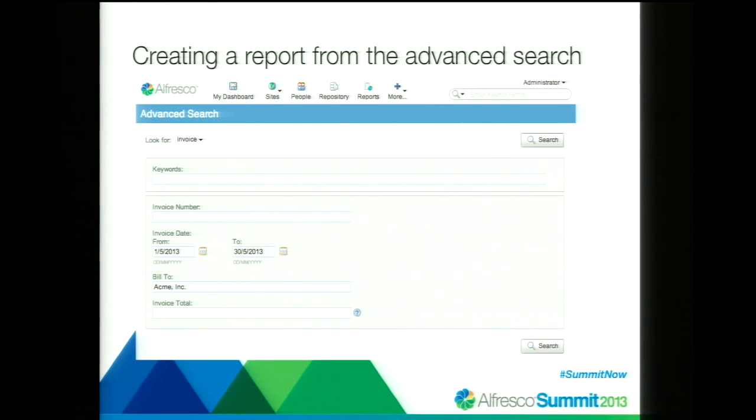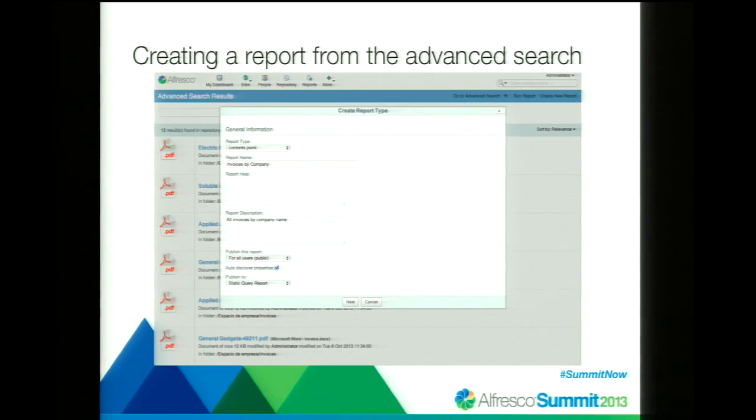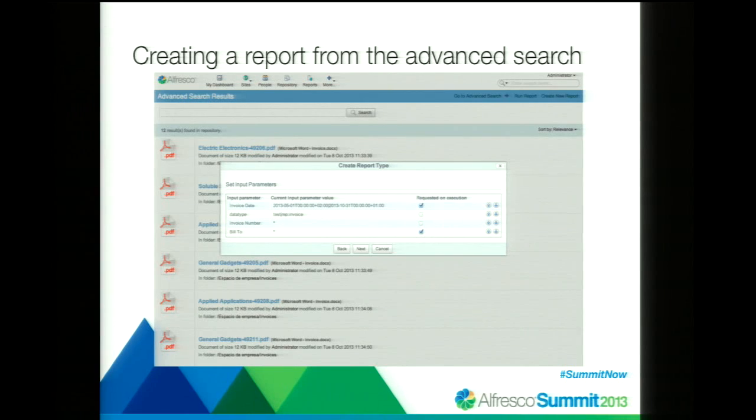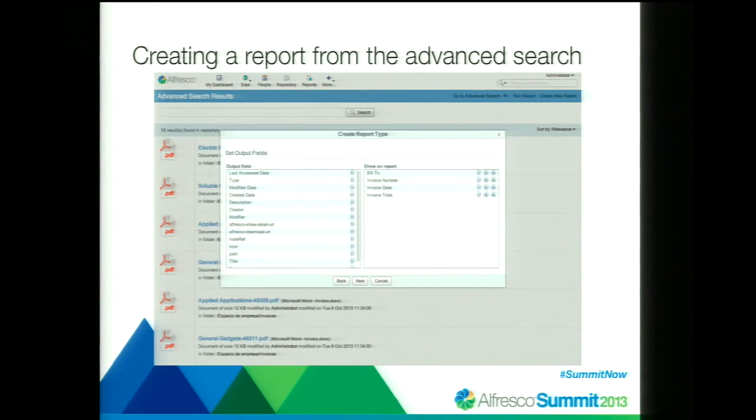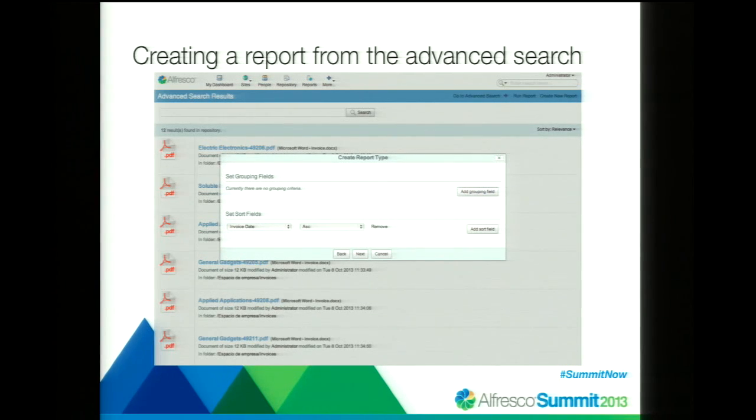He fills out a query, runs a search, and right from the search, he can actually start a create report wizard, and fills out some basic information. Here we're reading the parameters that he put into the advanced search, and we're presenting them as options for parameters in the JRXML file that this is actually going to generate inside of the repository. Then we read out the metadata that came in that search result, and we let him select his custom metadata to also be created with the JRXML file. And he can set up